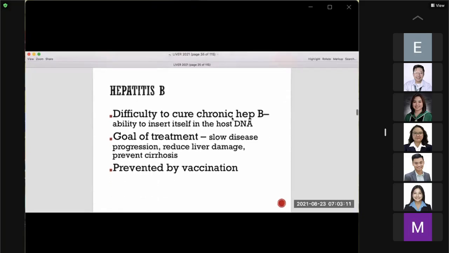The difficulty to cure chronic hepatitis B is because they have that ability to insert itself in the host DNA, so it can infect a lot of liver cells. I'll go back to the reason why hepatitis in general would like to target the liver cell. If you remember the presence of tissue tropism. So tropism is the factor that leads to the attachment or